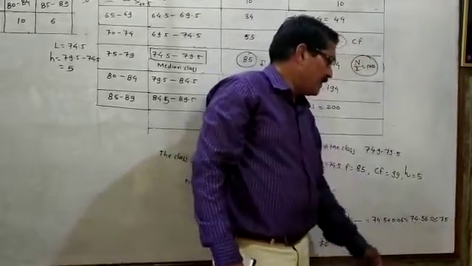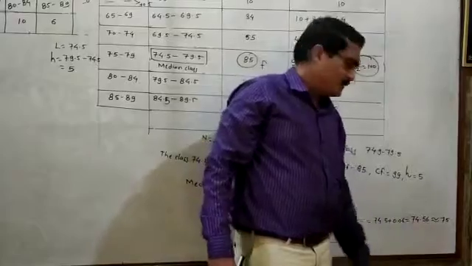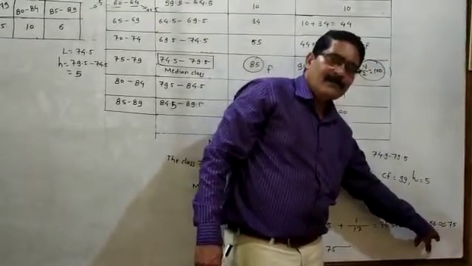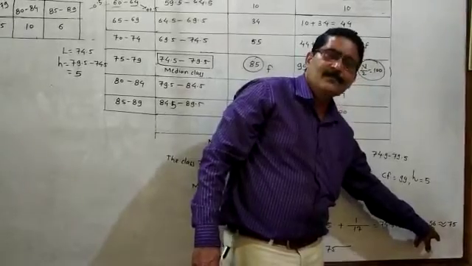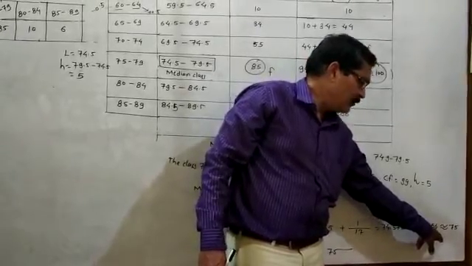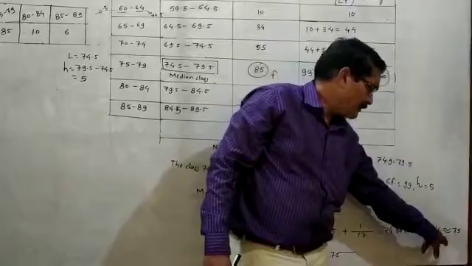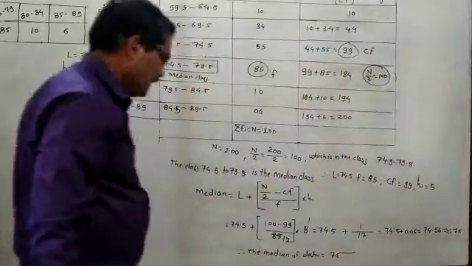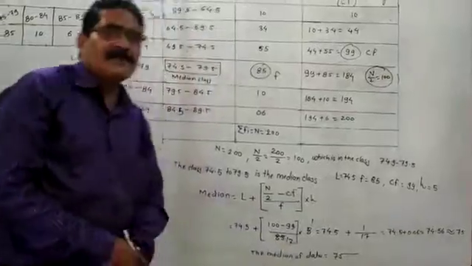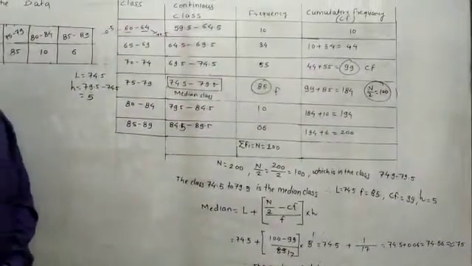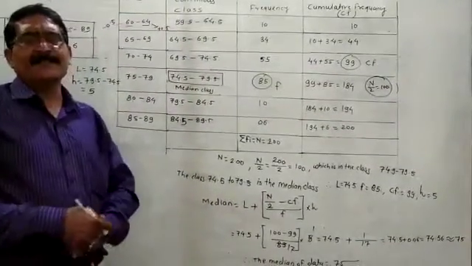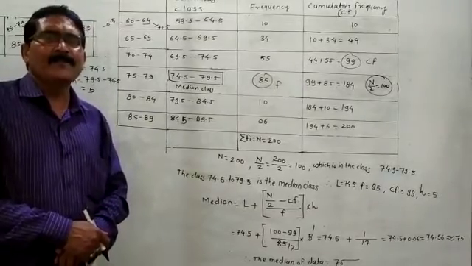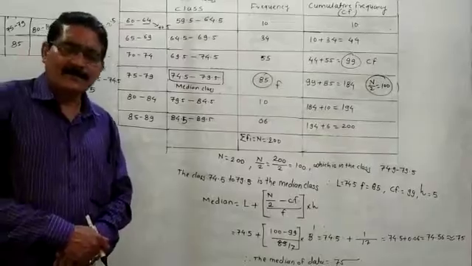But the number of vehicles will not come in fraction, so you have to say that this will come 75, because 0.56 is more than 0.5, so you have to round the figure, and this will come 75. So the median of the data is equal to 75. In this way you have to solve this example. Write this example in the notebook properly, and solve the fourth example as homework in your classwork notebook. Thank you.